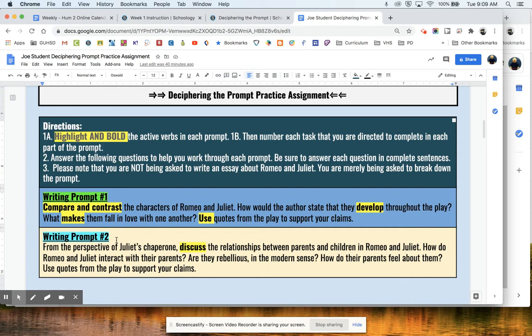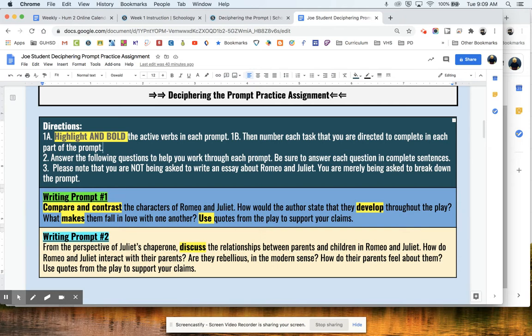I think what the teacher probably is really asking, and we took these prompts from actual teacher websites, by the way, is to discuss the dynamic of Romeo and Juliet, the way they interact with each other and how they were drawn to each other. What was it about their relationship that was attractive to each other? But that's not very clear from the prompt.